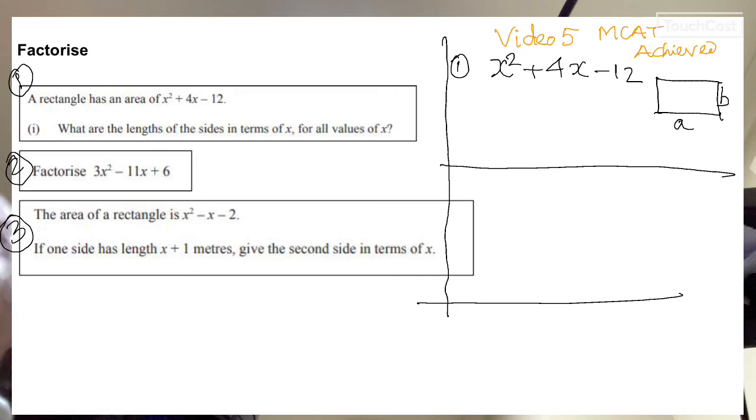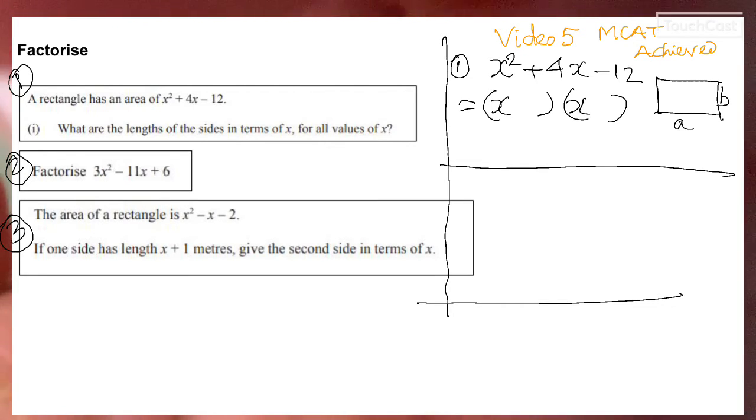So they are asking us to work out this for this quadratic. By now possibly most of the people know these are going to be the first term, and